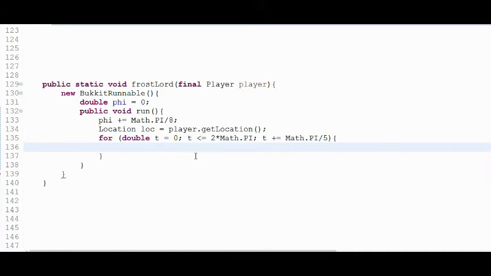So now in our for loop, we're going to define the parametric equations we're going to be using. So we're going to have, I didn't think about this at all. Okay, so I like to start off with the radius here. So the radius is gonna,